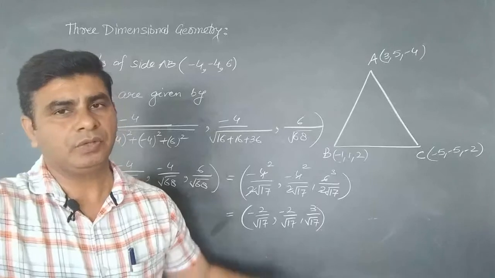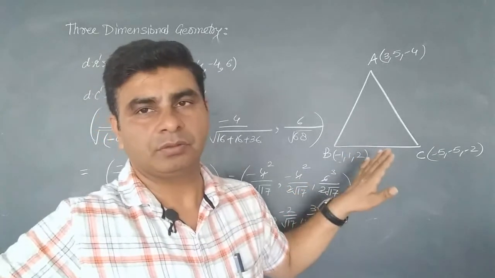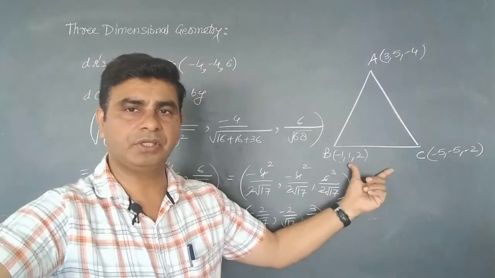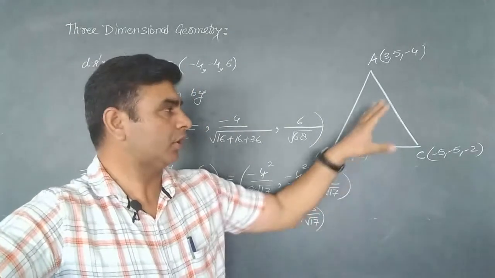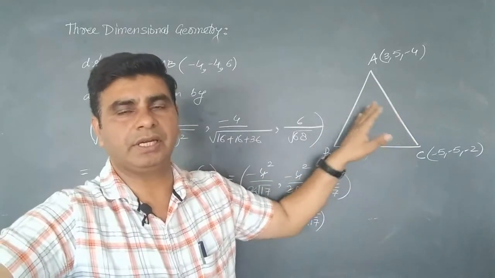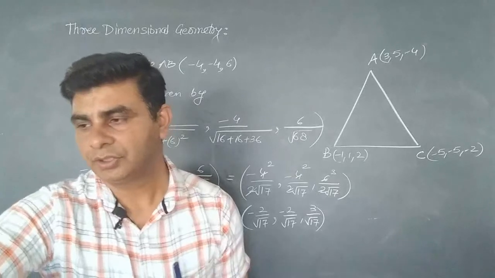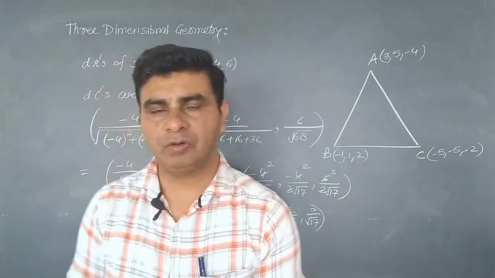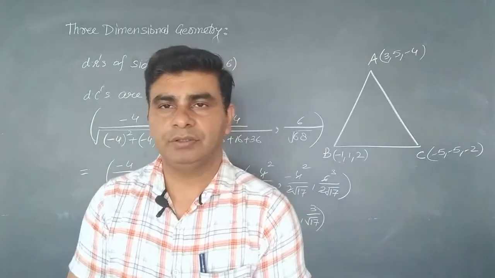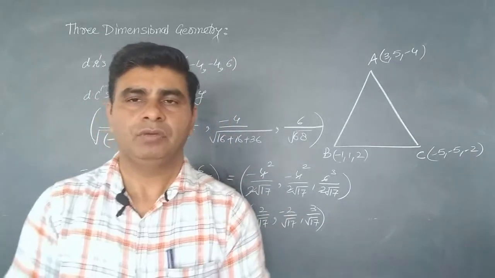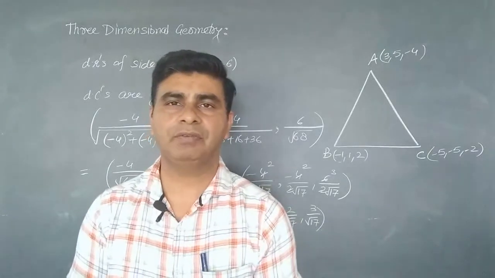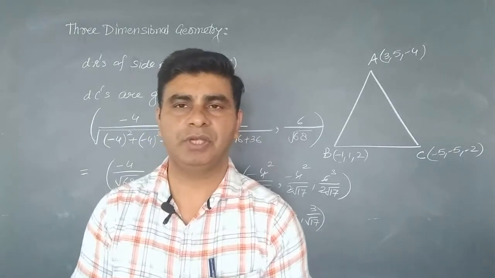You have to find the direction cosines of BC by yourself. First of all, you will find the direction ratios of the line BC, then you will find the direction cosines. Same in case of the line AC, you will find the direction ratios of the line AC, and then you will find the direction cosines. So this is all about the exercise 11.1 from your chapter number 11, and in the next video we will start the next topic, which is to find the equation of line in space.